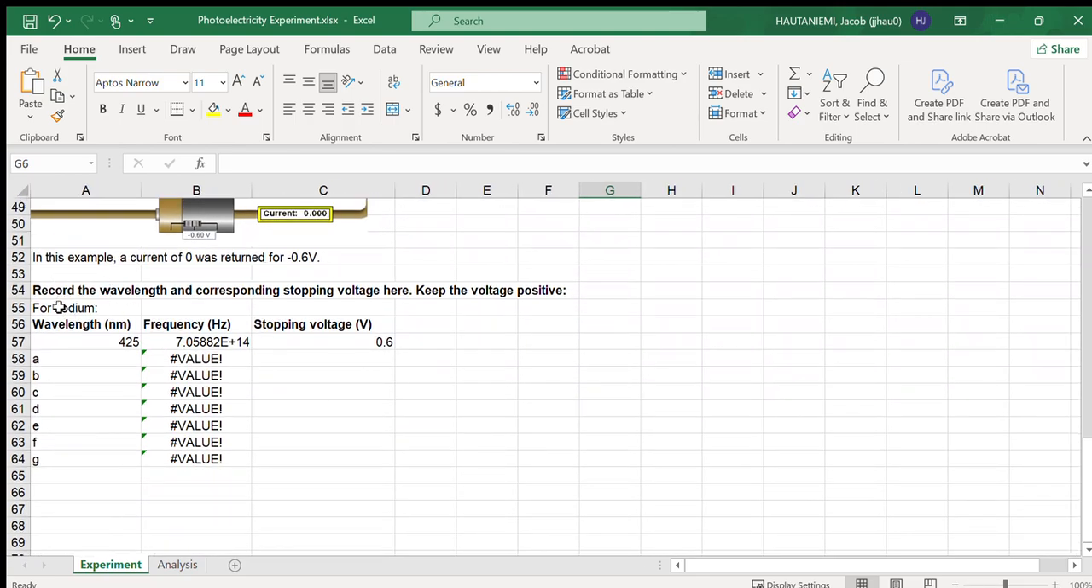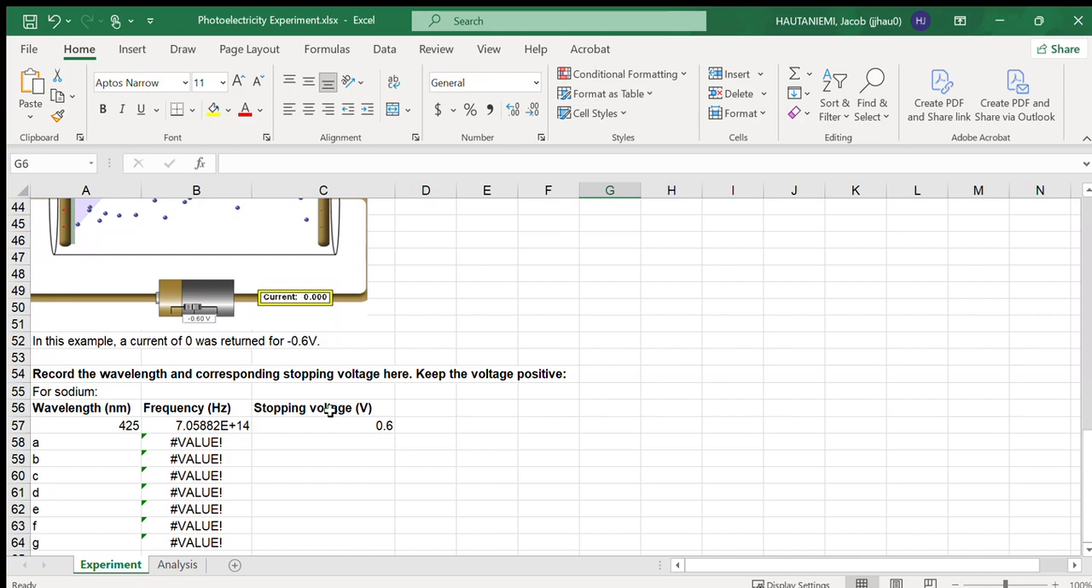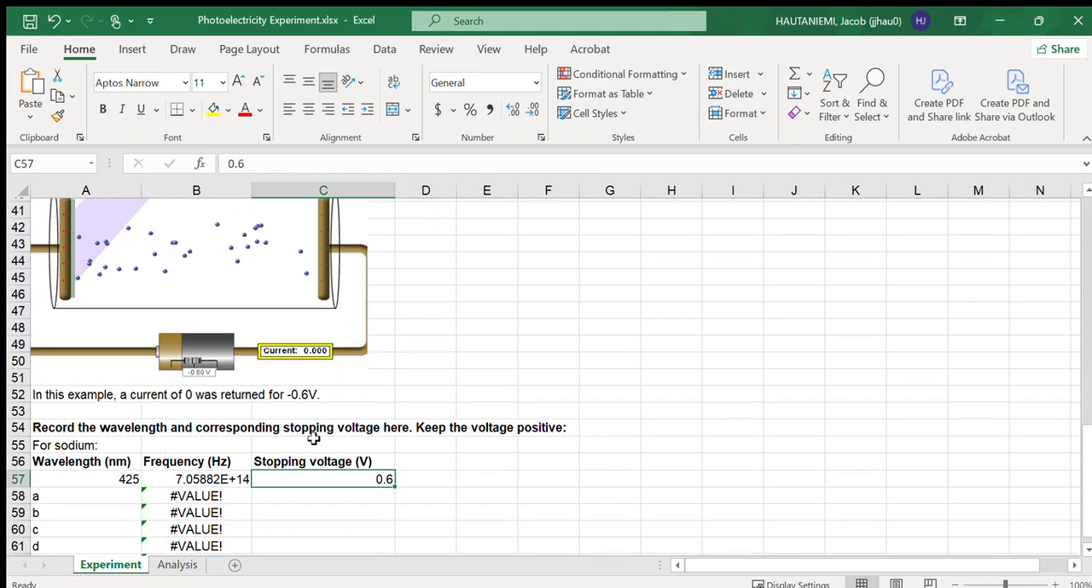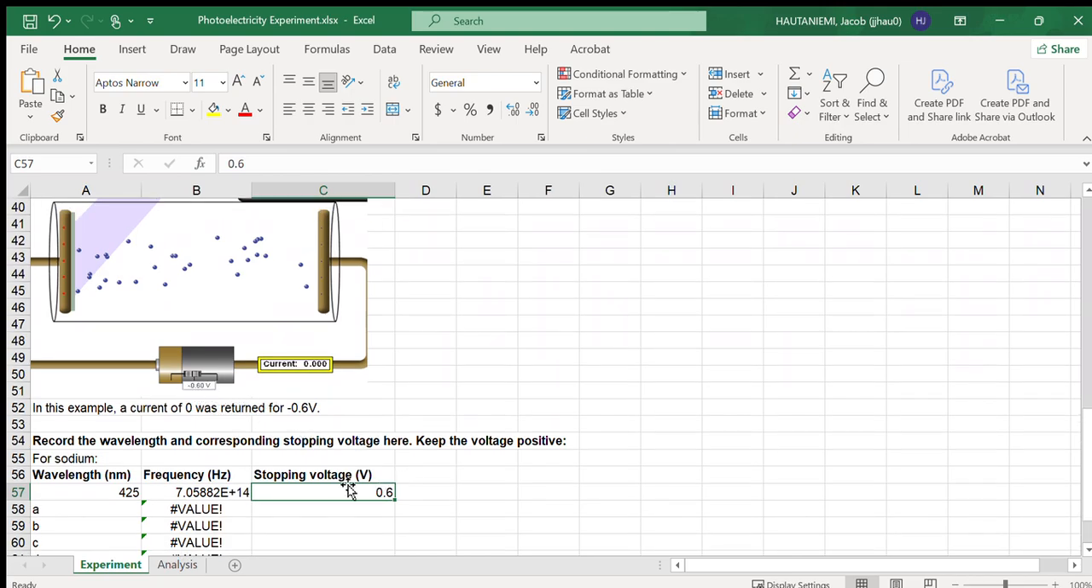So I want you guys to have a bit of a play with the simulation first, but then afterwards I do want you to fill in this table. You don't have to use all of these points, but a minimum of 5 would be expected. So you can see I've already given you one. This is all for sodium. You can choose a different element, but for the purpose of the analysis today, I will just use sodium. And I've given you that first one, so 0.6 volts